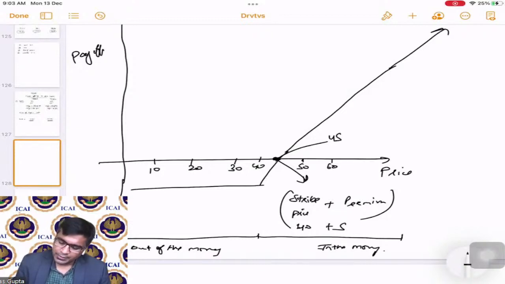Now, let's say the spot price from 10 we have changed to 20. That will mean,